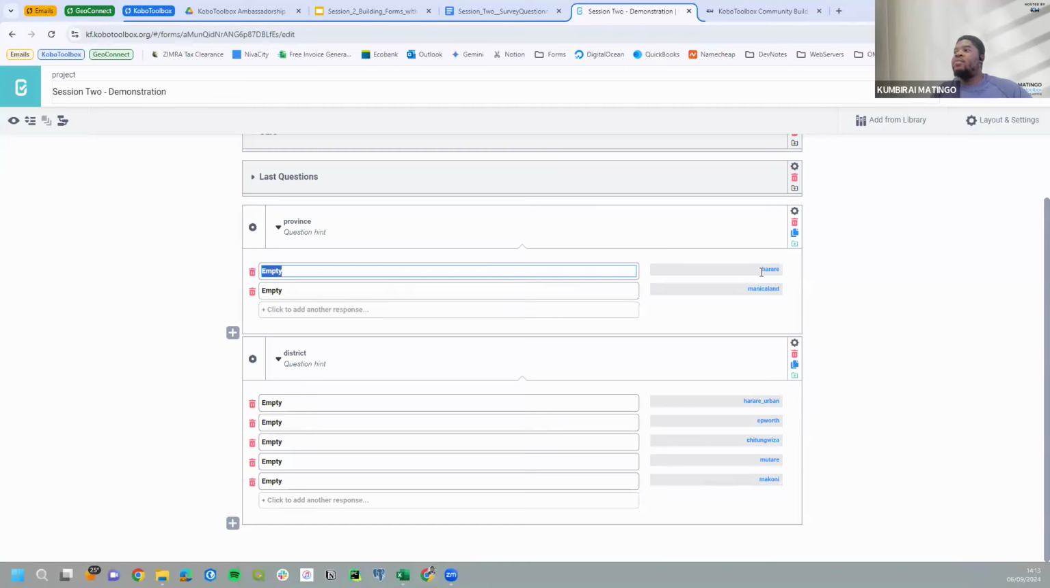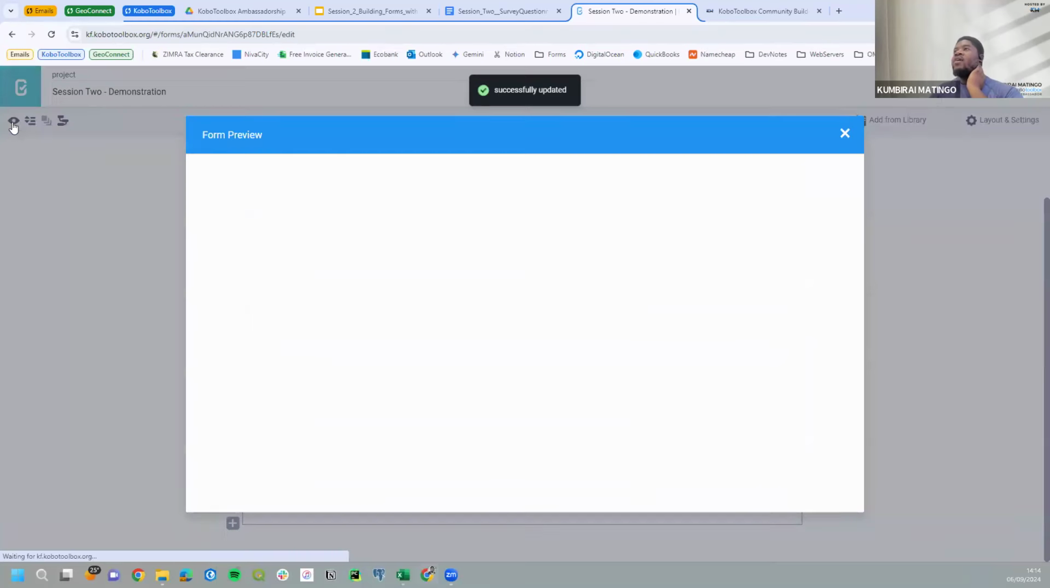As you can see, the variable name here is Harare. So I'll just enter again Harare here. And then this is Manicaland. And then here it's Harare, Urban. And then this is Epworth. And then we have Chitungwiza. And then we have Mutare. And lastly, we have Makoni district. Okay, so if we are to save that, let's just save that, and then we preview our form